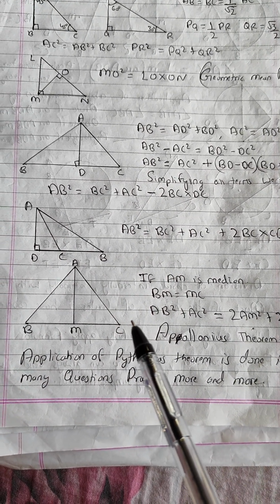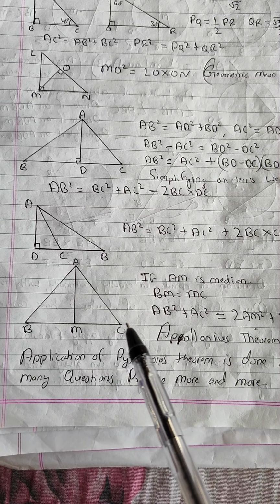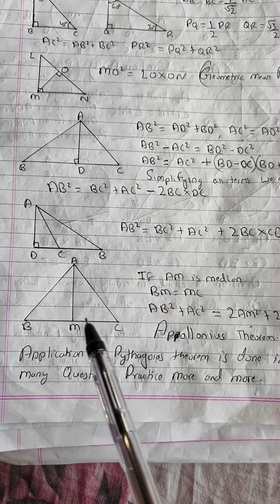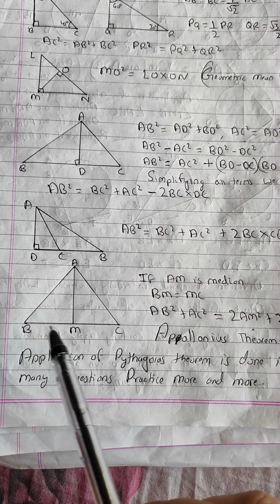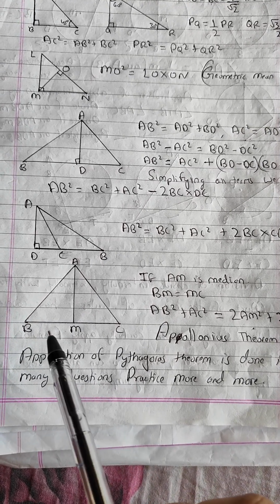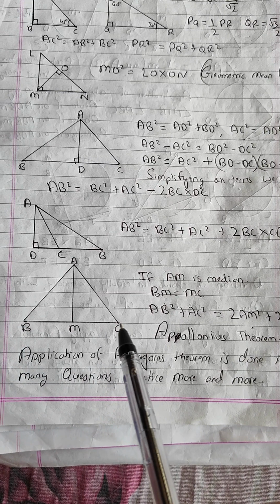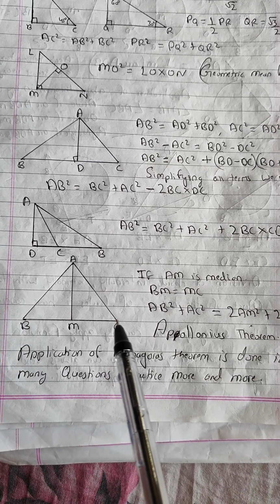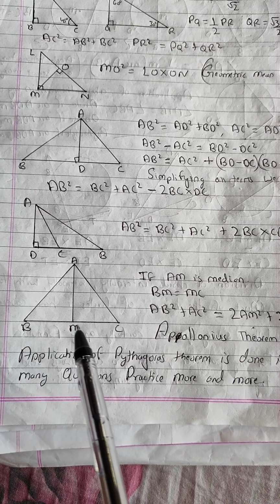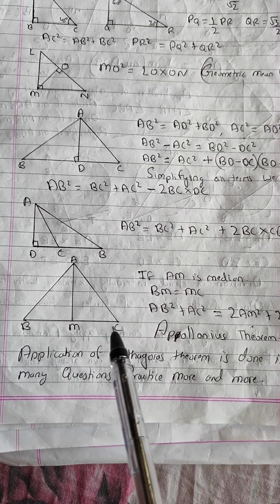If this is a triangle, now in this particular triangle we have AM as the median. Median क्या होता है? Median is someone which divides the opposite base into two equal halves. Suppose BC अगर 8 cm का है, then BM will be 4 and MC will be 4. If BC is 10, then BM will be 5 and MC will be 5. This way it is divided.